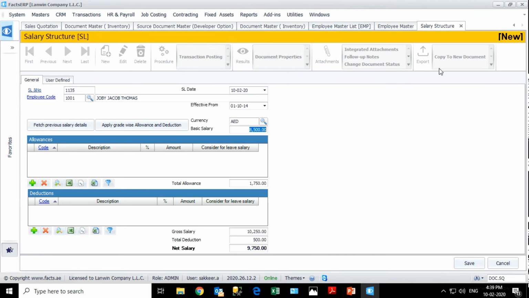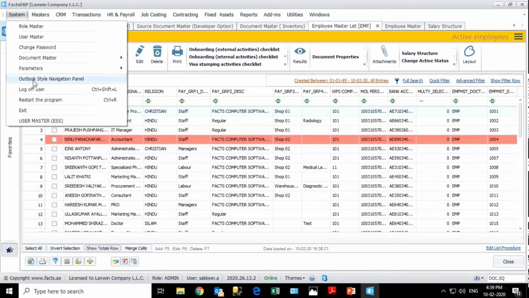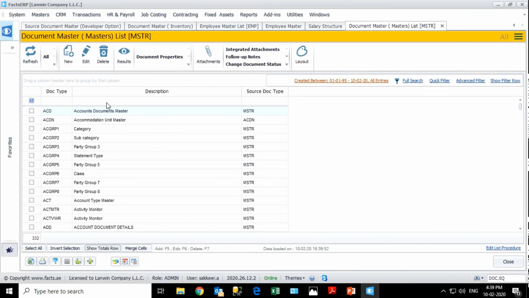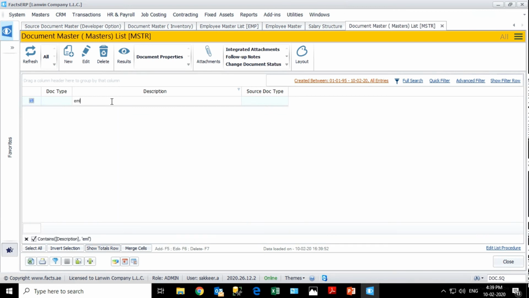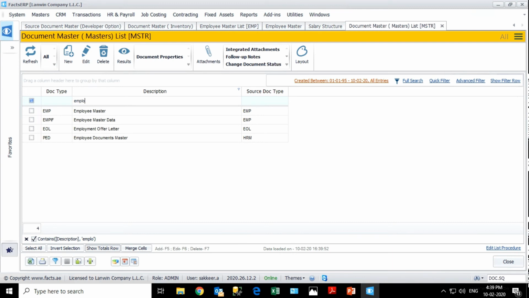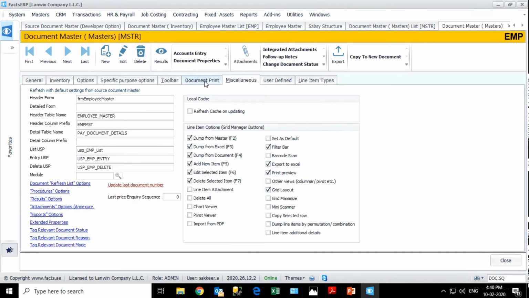I will explain how to enable this. Go to document master. Go to miscellaneous.